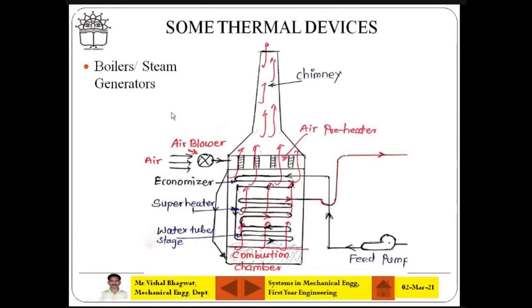And you should be interested in, like I said, boilers or steam generators. So this is the boiler. You are looking at the economizer, superheater, and air preheater here. Okay, this is very simple. Here the feed pump supplies water to the economizer, where it is heated up to 70 to 80 degrees Celsius. Then it comes down.